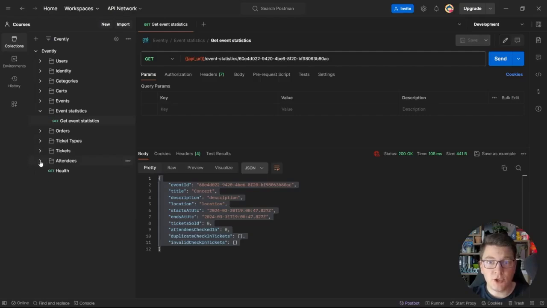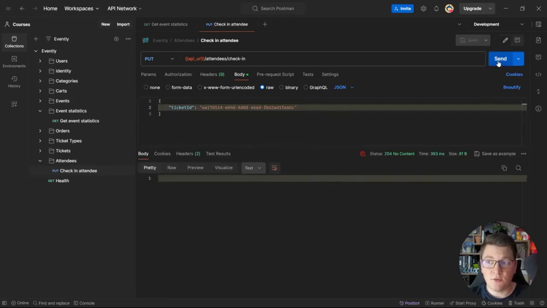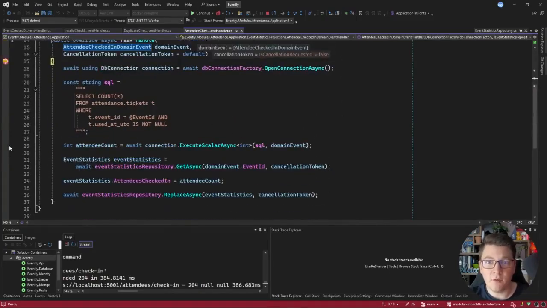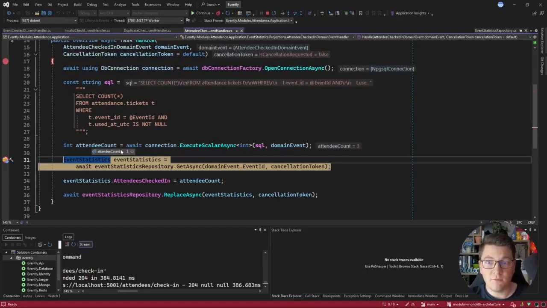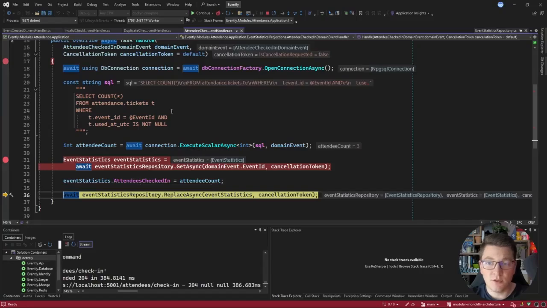Now I will try to check in my attendee with a valid ticket ID. So if I send this request to my API, we should see that we get back a 204 no content response, and this means that we successfully checked in the attendee. This is also going to trigger the attendee checked in domain event in the background, and you can see that this is going on right now. So I'm going to press continue after we have fetched the attendee count from the database, and you can see that this is free. And now I can query the event statistics from the database, update the attendees checked in property, and replace this document inside of MongoDB. Now that we are